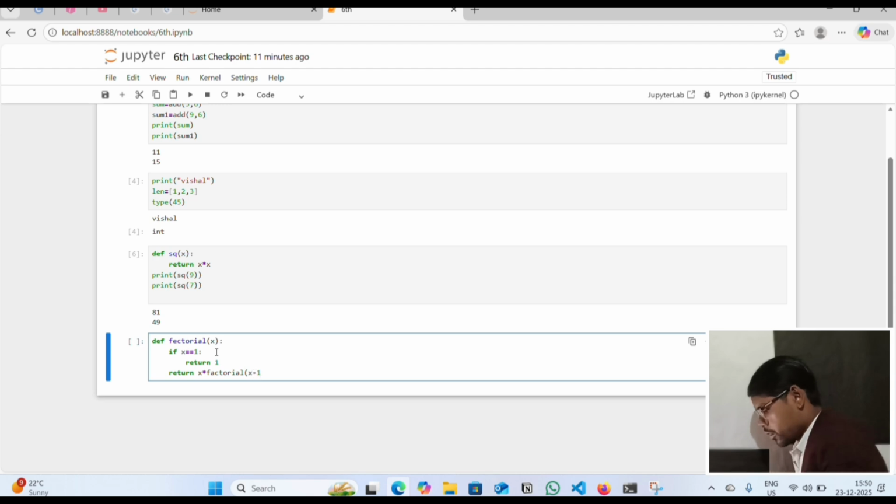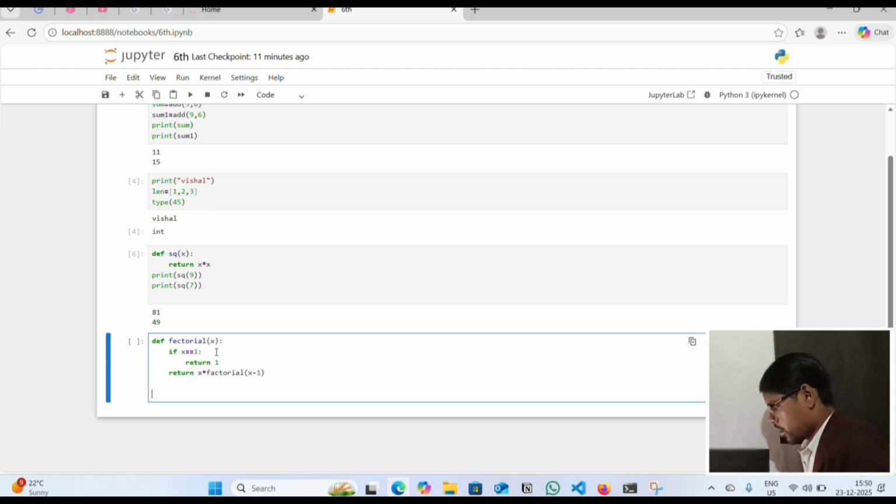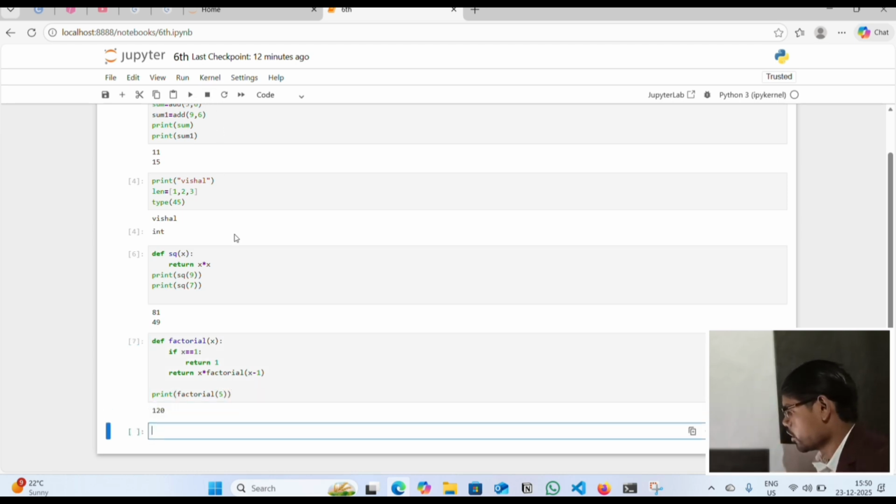Then call it inside print, with 5 as the argument. Run it.